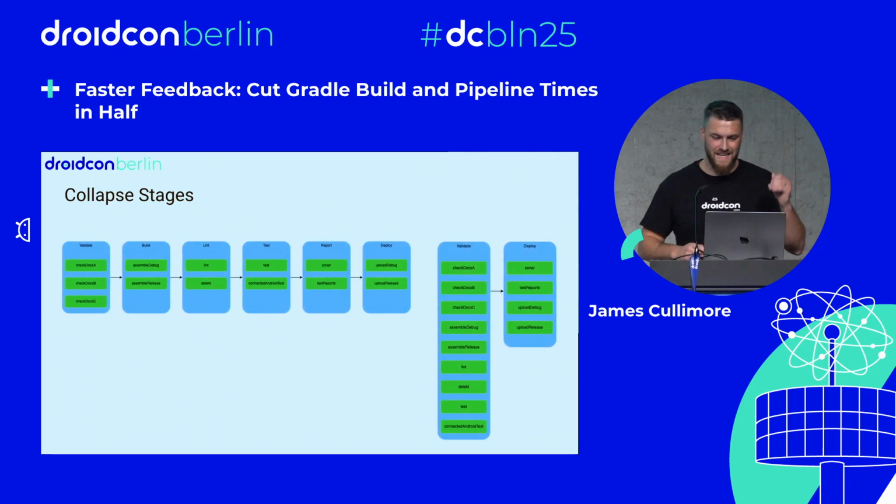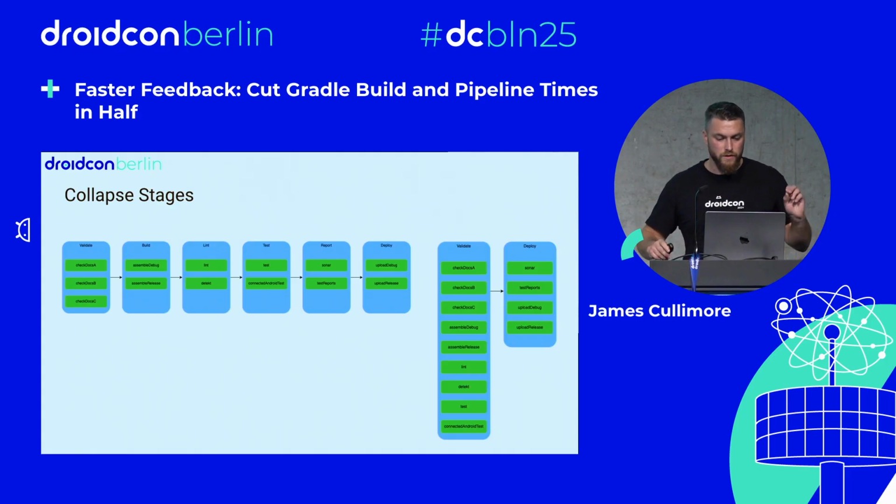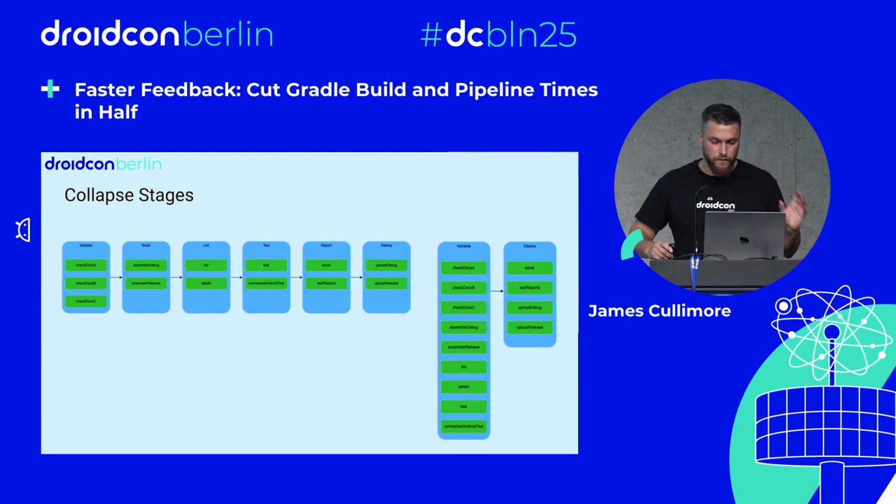The solution: collapse them and run in parallel wherever possible. This alone can drastically cut down build times. That one change took a project's pipeline from 12 minutes to 6, with no loss of coverage or visibility. The first 6 blocks here on the left were turned into 2, which is this one here. We combined the first 4 stages and the last 2 stages each into a single stage. The best thing is, this technically can take only a few minutes if you know what you're looking for.